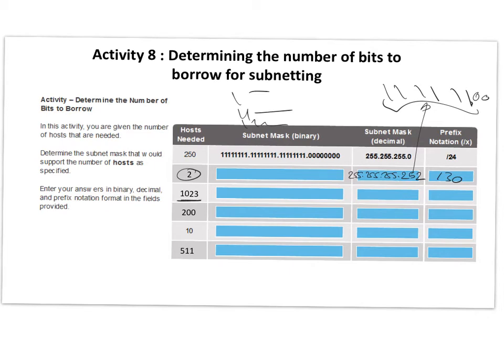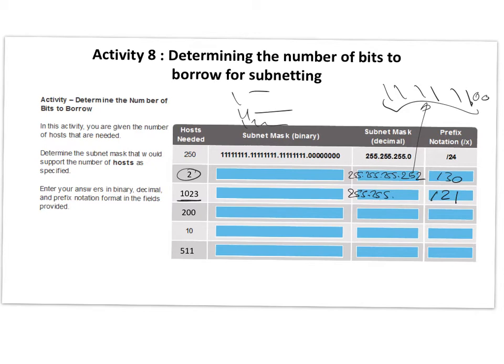For 1023 hosts, in that case, I need 1025 addresses in total, right? Yes. I cannot have 10 bits in that case, so I need 11 bits. So 11 bits will make it /21. So we subtract 11 bits from 32, we have /21. And /21 in that case will be